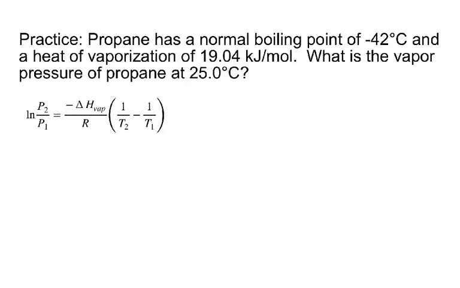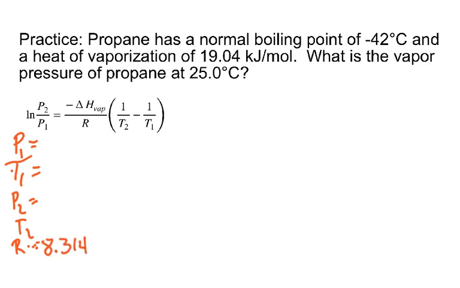So let's work through an example of that using the 2-point form. Propane has a normal boiling point of -42 degrees Celsius and a heat of vaporization of 19.04 kilojoules per mole. What is the vapor pressure of propane at 25 degrees Celsius? So this is the vapor pressure well above its boiling point. To do this, I like to write down what my P1, T1, P2, and T2 are, and then I know that my R value, which is going to come into play, is